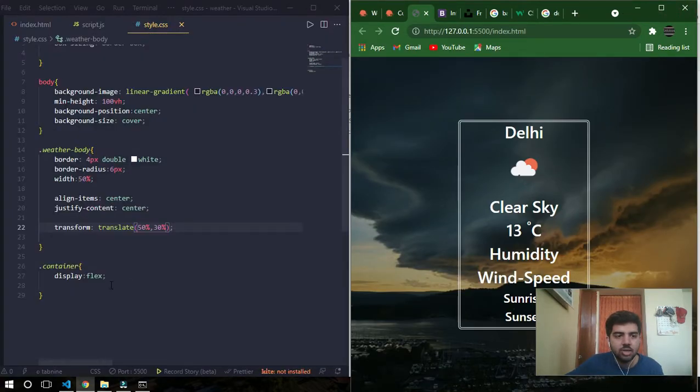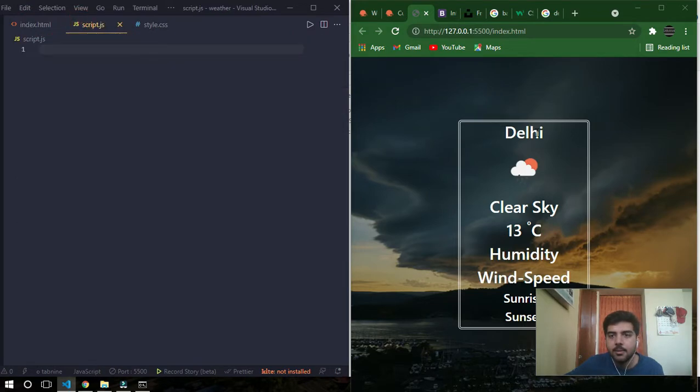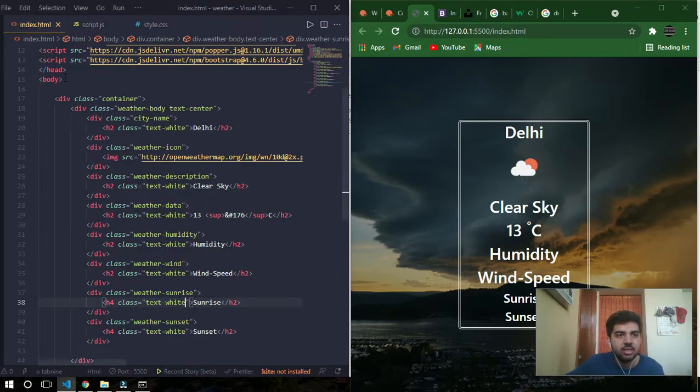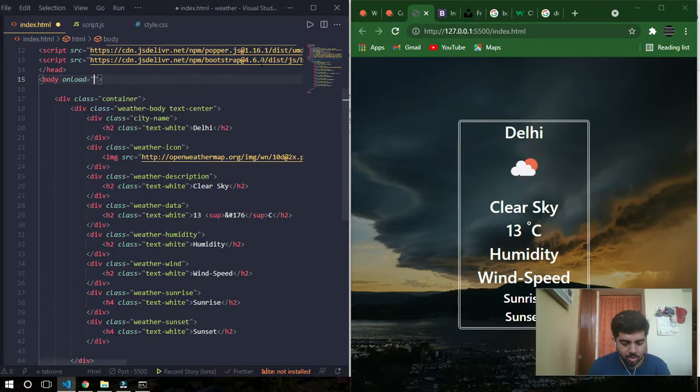Now what I'll do is, yes, that's it. Let me grab the API. First, let's make this thing body, I'll give the onload. Give data. I'll declare a give data function inside the onload.